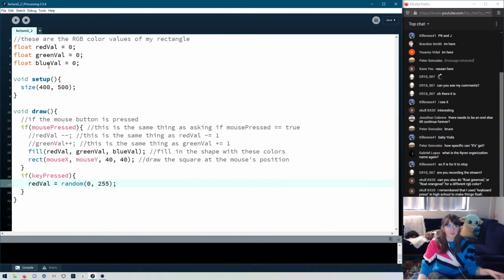So that's what keyPressed does, if any key is pressed. But I want to check to see if 1 is pressed, if 2 is pressed, or if 3 is pressed. So I need a specific variable to do that. Another built-in variable that Processing has is called key. And that's the last key that was pressed. So if I say if key equals